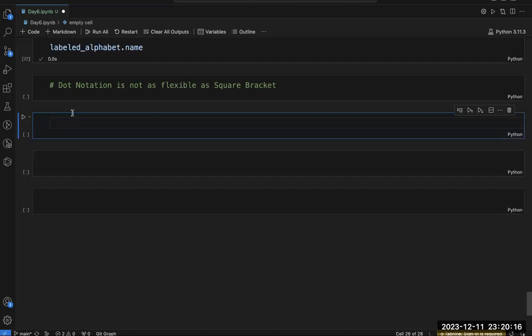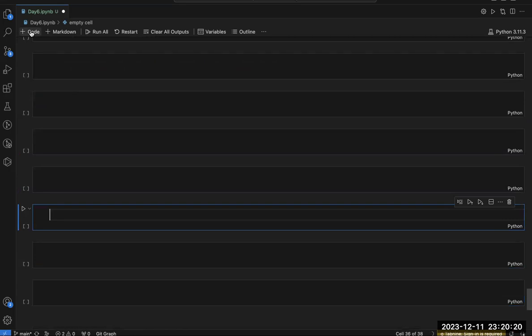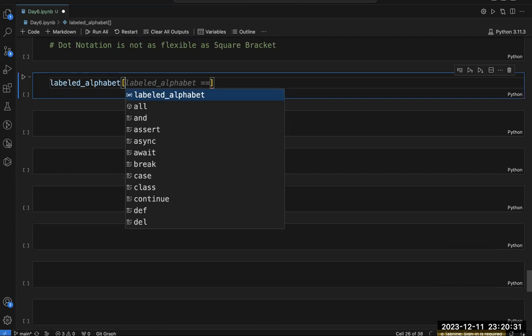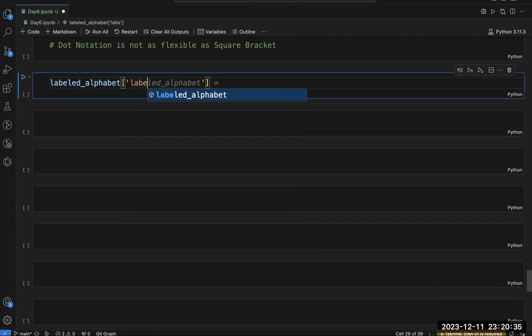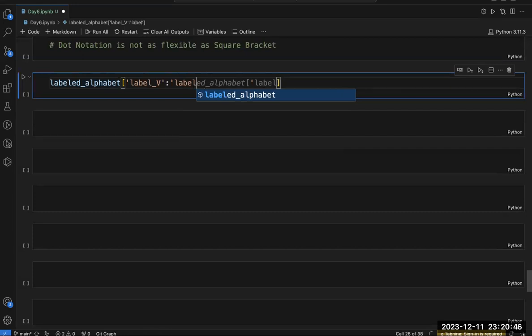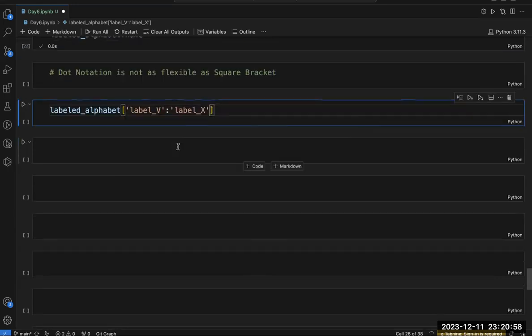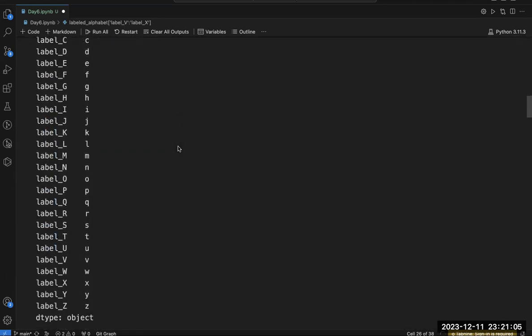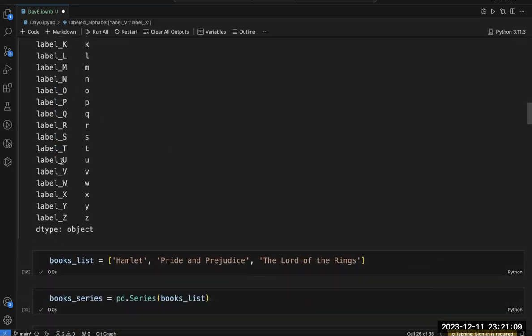Let me first add a few more cells. Let's say this is my labeled alphabet, and I want to access from level capital V to level capital X. This is basically slicing: level V to level X. Where is my level V?